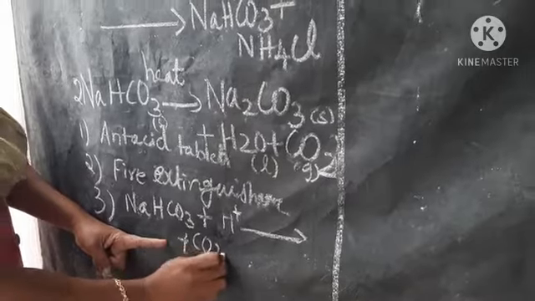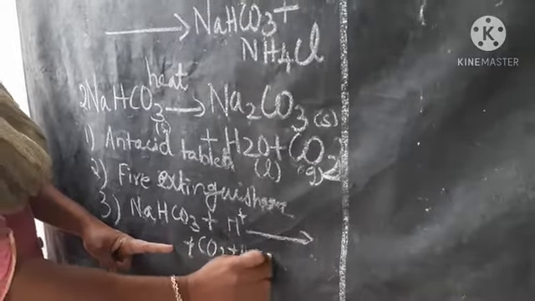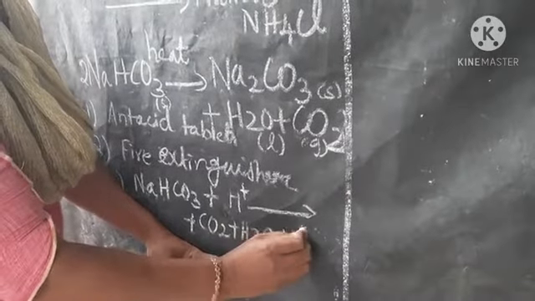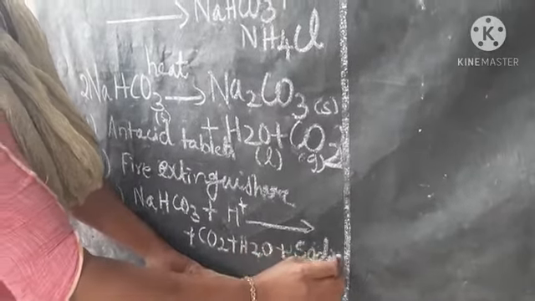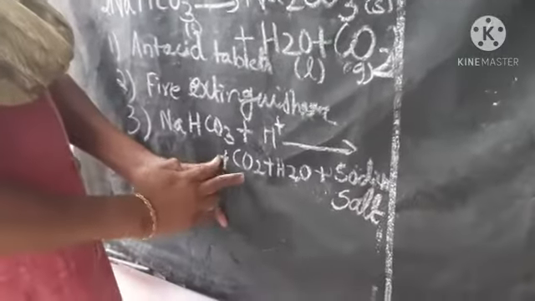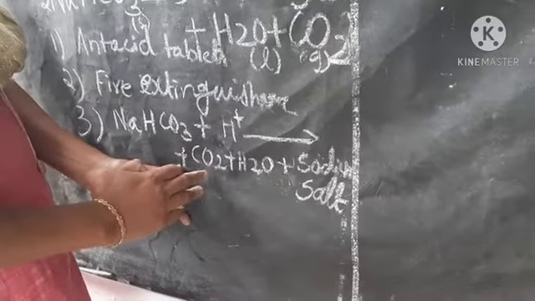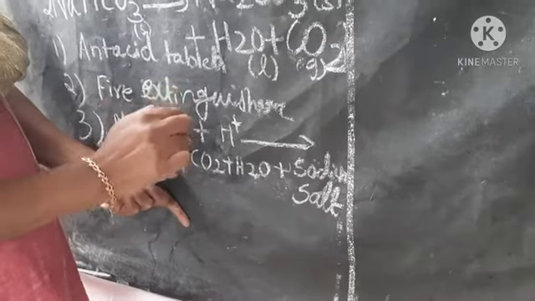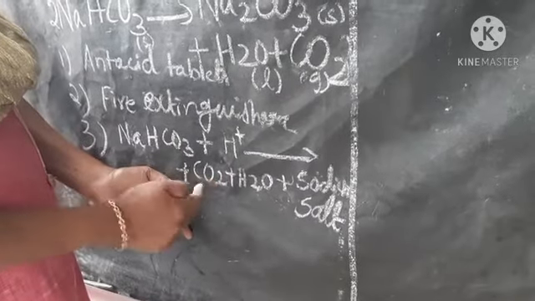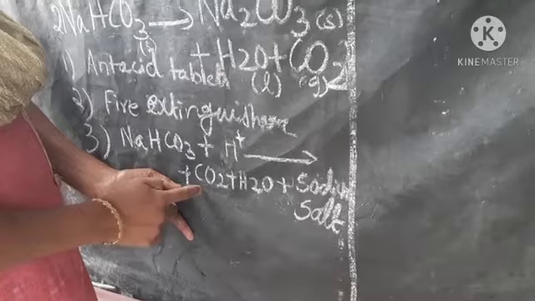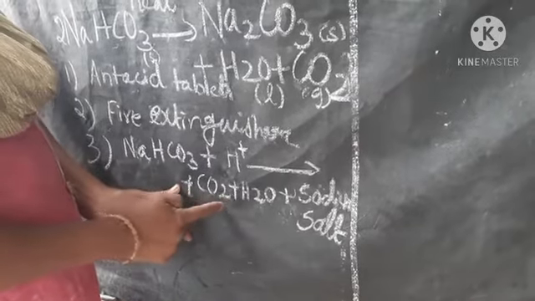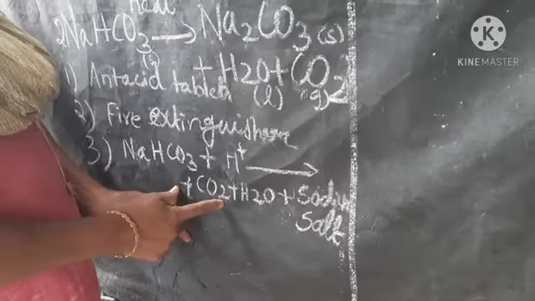Have you seen it? It forms while making cake. It gives out carbon dioxide and some amount of water escapes in steam form. The remaining is a sodium salt. You could have seen on the top of the cake or appam, or whatever we are making, the holes. It shows that carbon dioxide gas is escaping that way. The soft and spongy nature of cake or appam is because of this carbon dioxide gas. Okay.